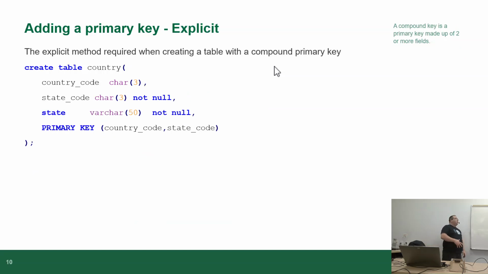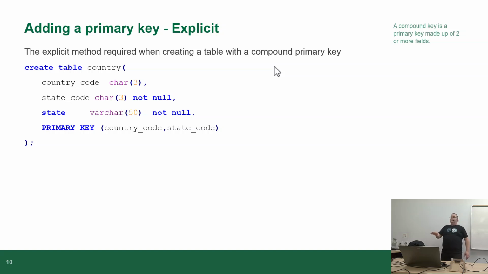On the other hand, you can do it the explicit method. The explicit method is required, for example, when you're creating a table with a compound key. So that's the case of you have a table where you have a primary key composed of more than one piece, more than one column. Now, that being said, some database servers will let you go country code char3, primary key, state code char3, primary key. Some of them will let you do that,